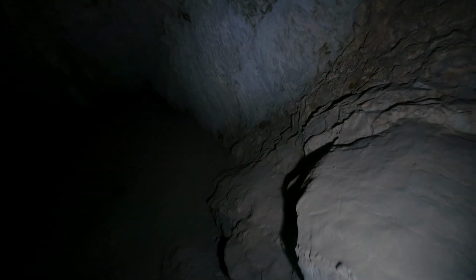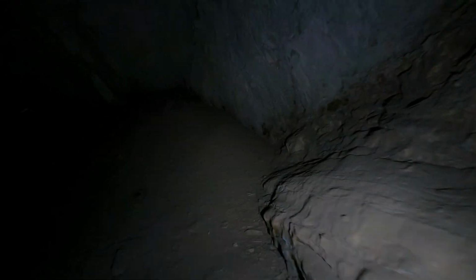Wow. And then up here, there's like no formations at all. The wall is like perfectly flat. It's like better than a lot of artificial tunnels I've seen. And the ceiling, it's way out there, so I have to take my...